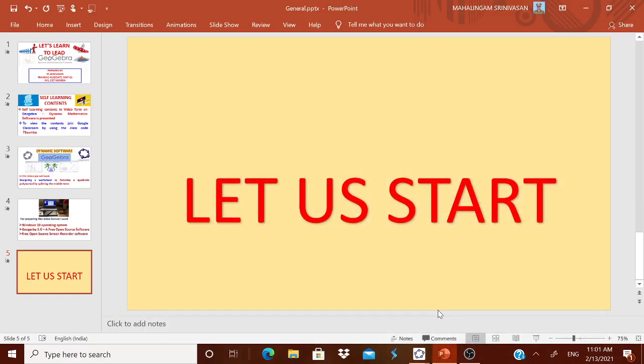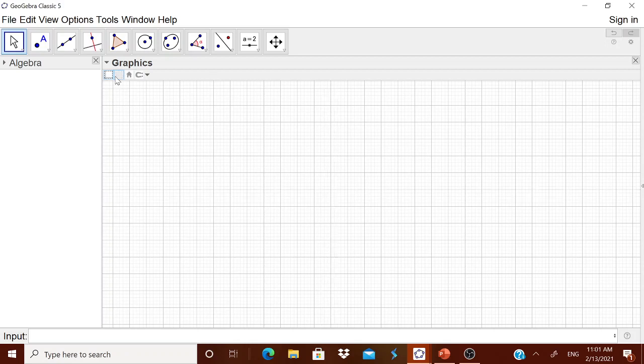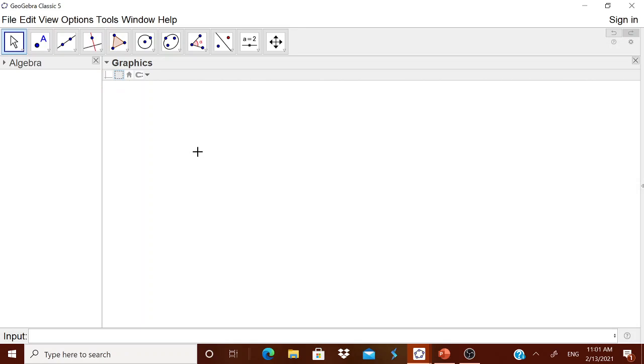Let us try to design this dynamic worksheet from scratch. For that, I have taken a GeoGebra Classic 5 worksheet. I want to show on the right hand side to you. Therefore, I will remove only the grid and the axis. Now you see, before I go for that, let me go for a general quadratic polynomial, and I will show you how you can have the factors.